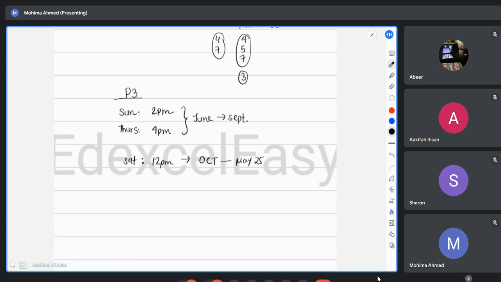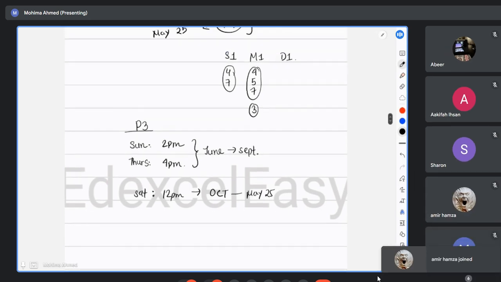Before that, this is the planning so far. From June to September, we're going to finish the syllabus. From October onwards, we're going to finish our question papers for P3 and we'll start P4. And then for P4 also, we'll hopefully complete P4 by the end of February. Okay, so if we can complete P4 by the end of February, in that case, we can start our question papers from March and we'll solve our mocks or other presentations during April.